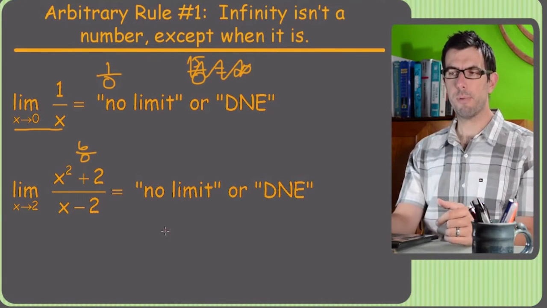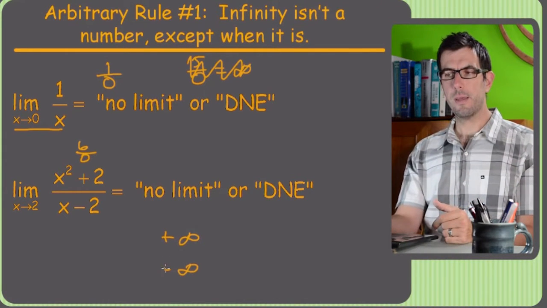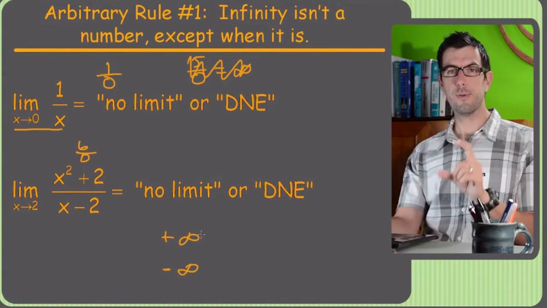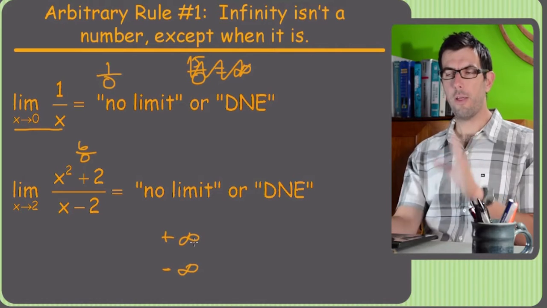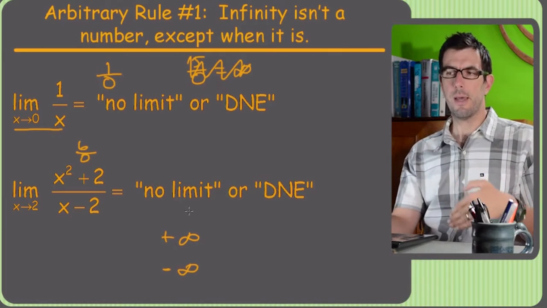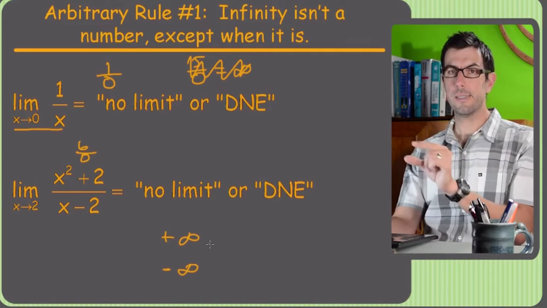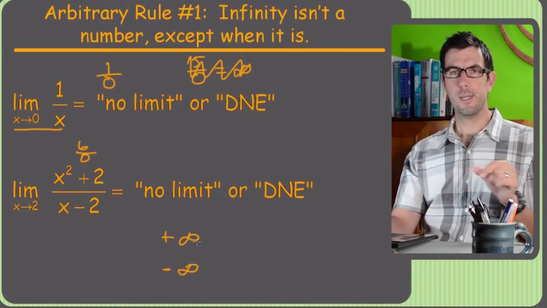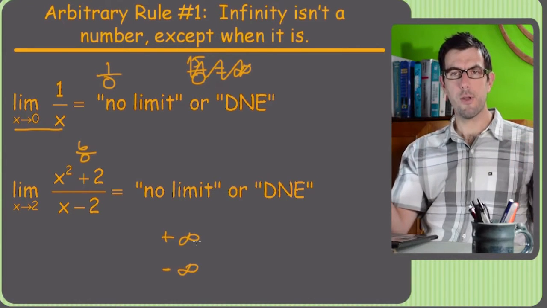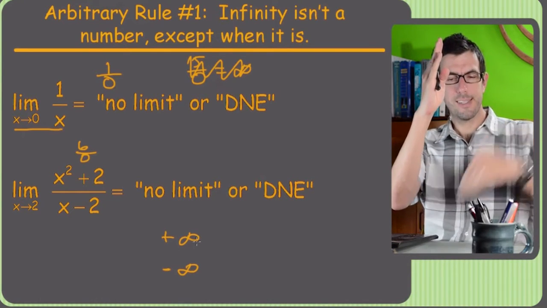Except what's crazy is that there are other times, like on one-sided limits, where it might be okay to write down plus infinity for shooting upwards along an asymptote, or negative infinity for shooting down along a vertical asymptote. You might be able to write those down, but that still doesn't exist. All that's doing is describing whether the thing shoots upwards or shoots downwards, but still, infinity is not a number. So if they're asking what's the limit, the answer is does not exist. If they're asking does the left-sided limit match the right-sided limit, then the question is, are they both not existing in the same direction, or is one not existing upwards and one not existing downwards?